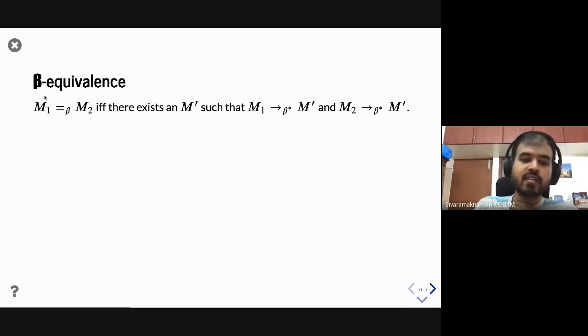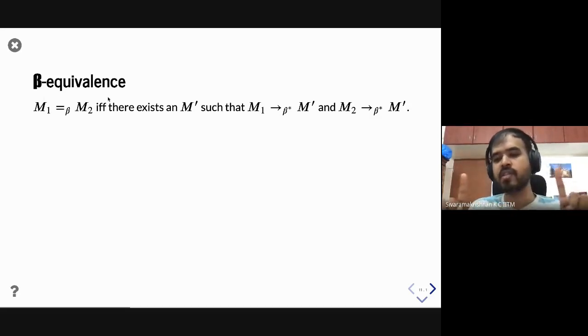The last thing which we will see before looking at further examples is this idea of beta equivalence. We looked at alpha equivalence, right? What is alpha equivalence? I give you two terms. These two terms are alpha equivalent if you can go from one term to the other just by renaming. Here, beta equivalence says that